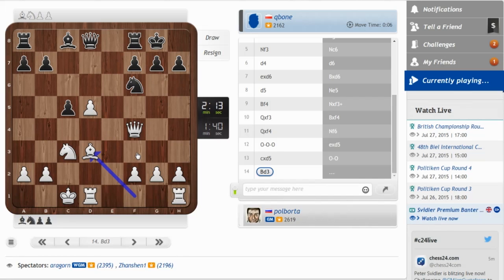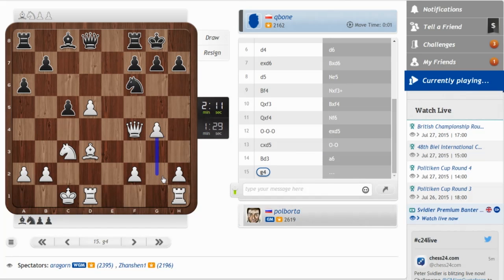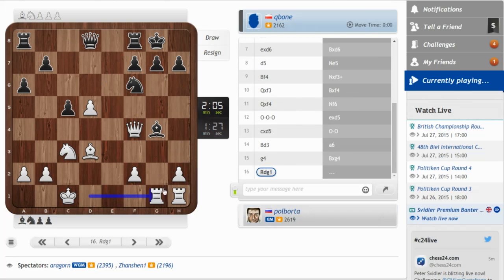The d passer is actually a decent trump for me here. a6, I quite like a6. He needs to have some counterplay, and now, yeah, I need to once again. I think it's time for me to start something immediate. I need to create some sort of initiative on the king side, and by playing g4, I'm not sure if